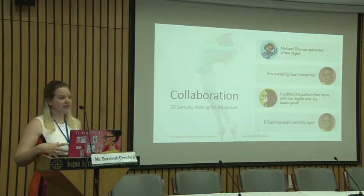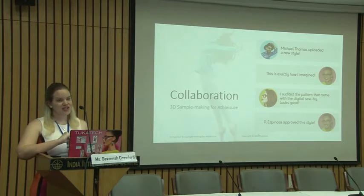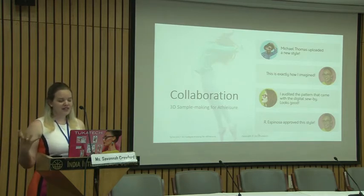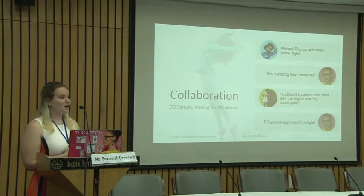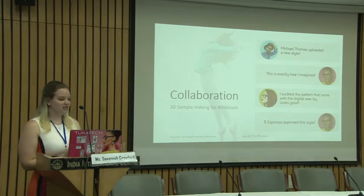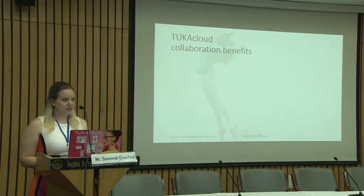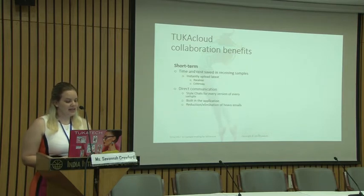Because we are working globally, a lot of people are so tied to their emails, and that's kind of their lifeline in a lot of ways for communication, whether they're working with physical samples, or now people are shifting over to digital, and now we're getting more emails because now we're working with digital files. So collaboration solutions are really important, and doing cloud collaboration specifically when it comes to digital sample making is really